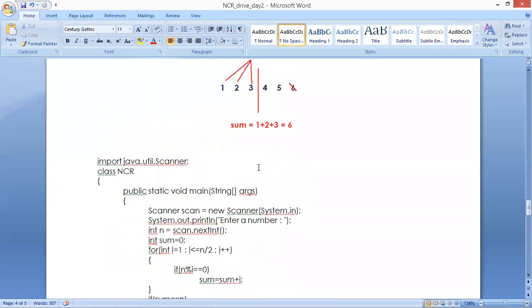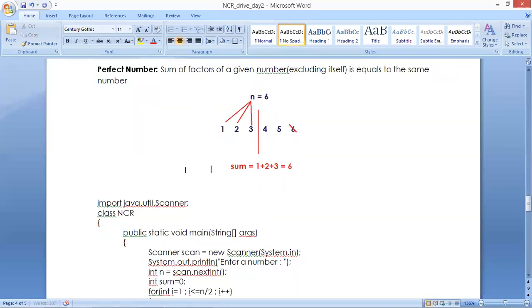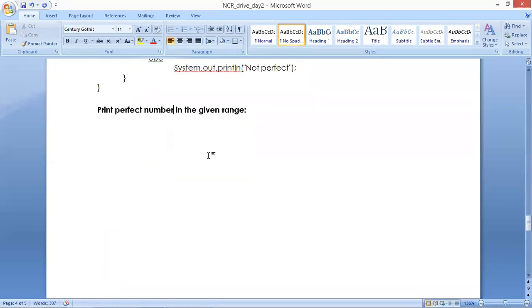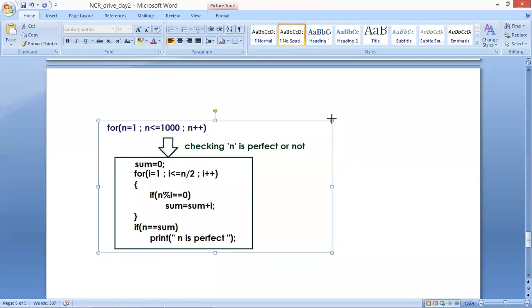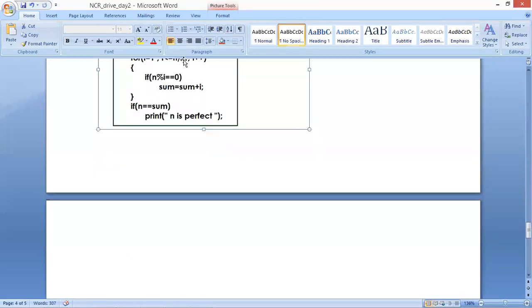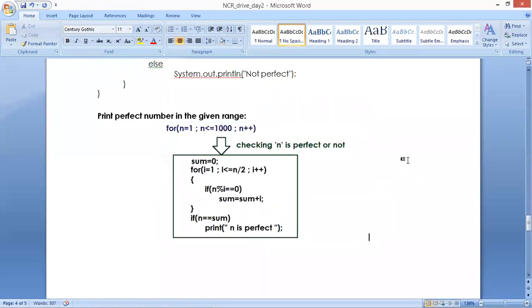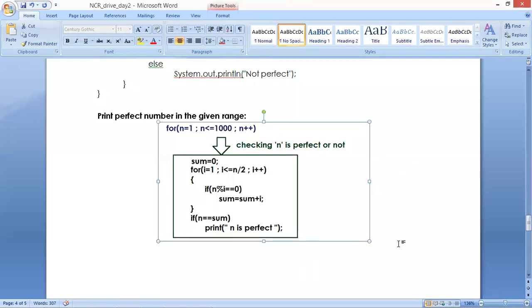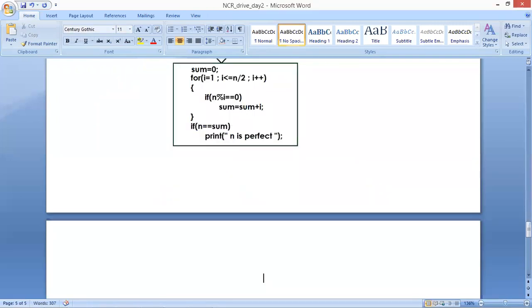Perfect number. The same code only, but first we are taking the limit. Enter limit. Suppose the limit is 100. From 1 to 100 only, how many perfect numbers are present?